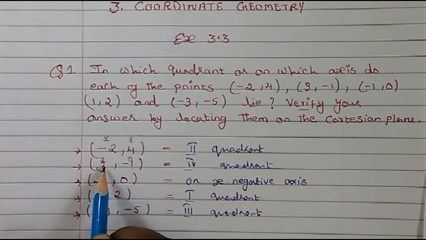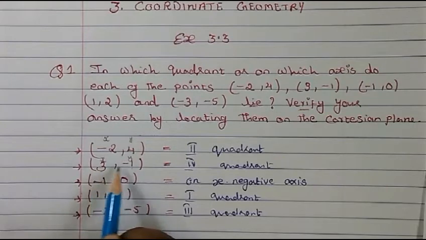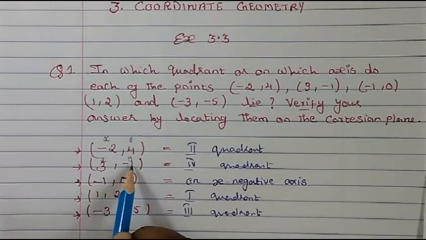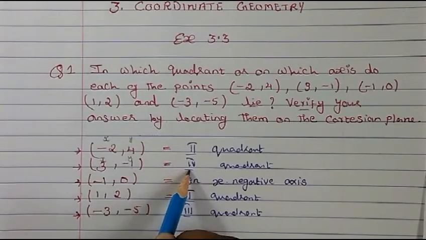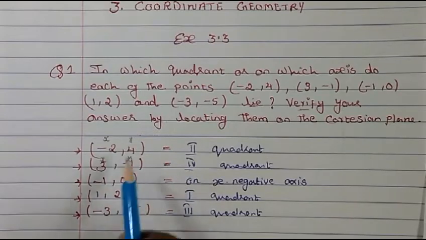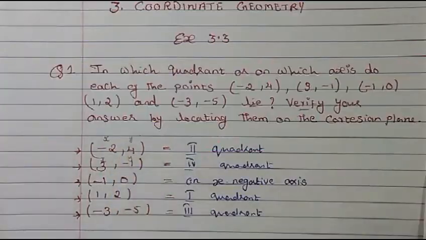And this also, this is positive, this is negative. So on the x-axis positive is to the right direction, and for y it is down direction. So that will be on the fourth quadrant. There it comes for x plus, and for y it is minus.